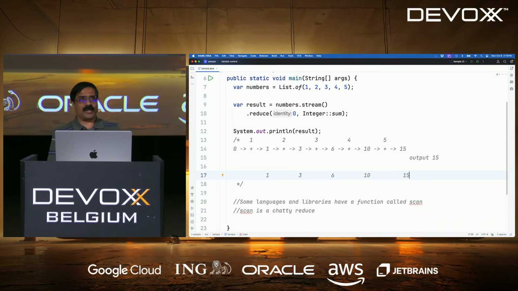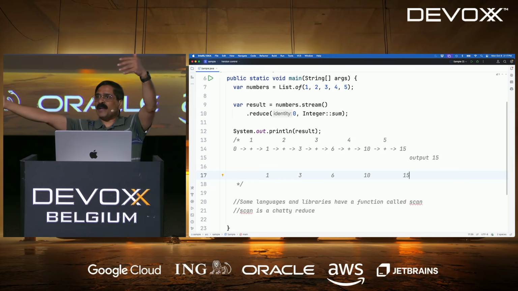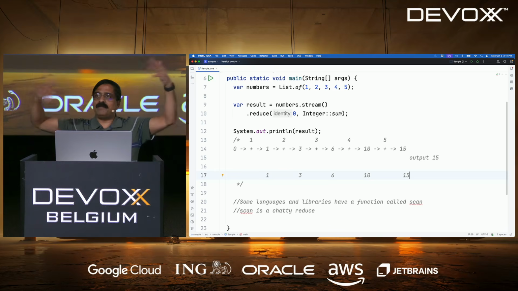Imagine you are computing a running average. On your display, you want to show the current value and the average also. If you wait for a reduce, you only see the final value and the average when everything is over. That's not going to help you if you want to keep this updated on your screen